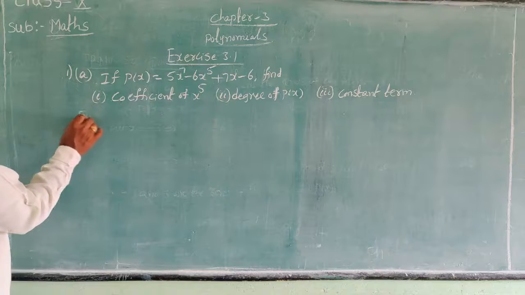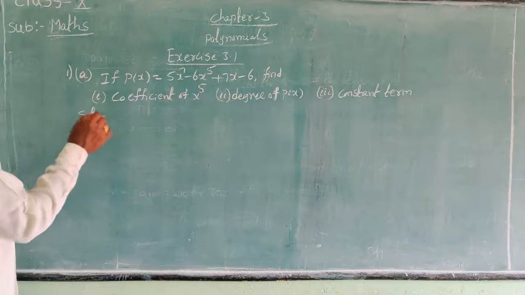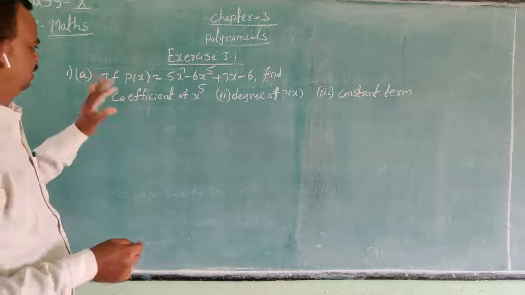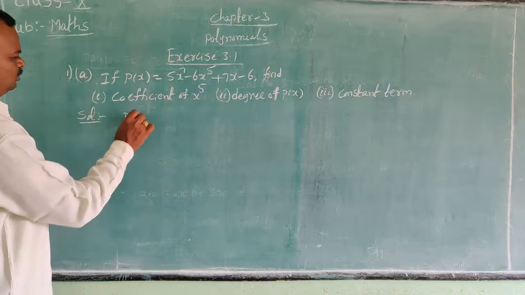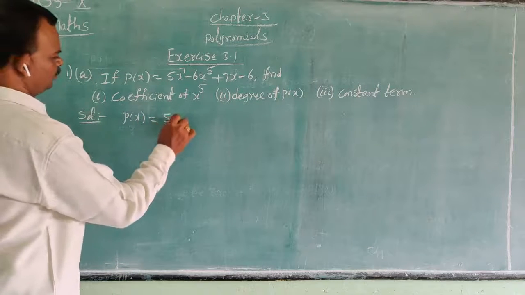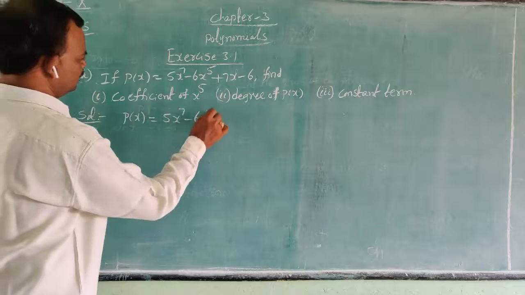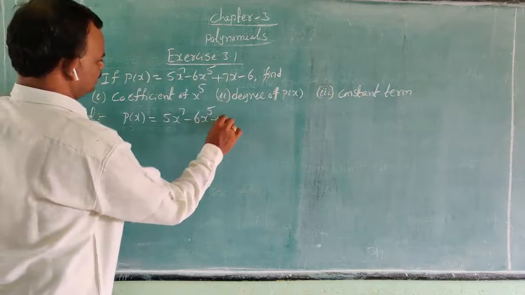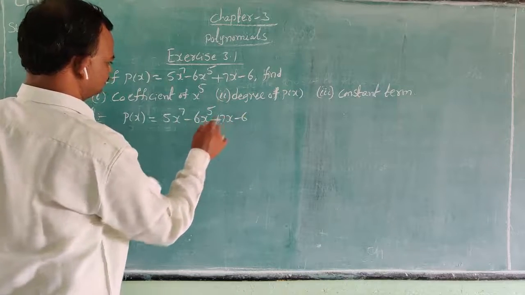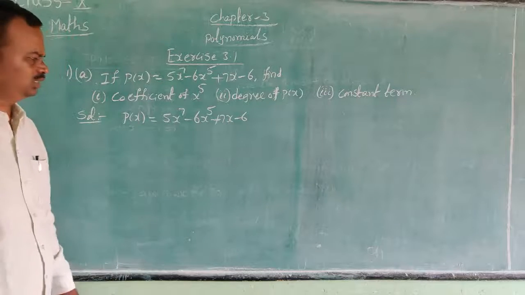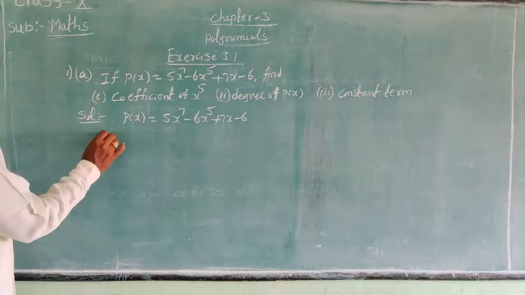The solution is P of x is equal to 5x power 7 minus 6x power 5 plus 7x minus 6, and the first one is